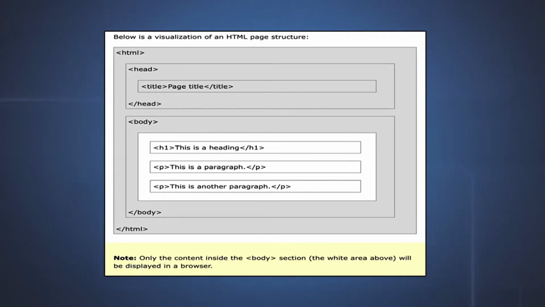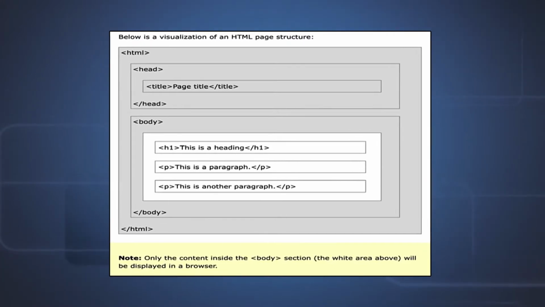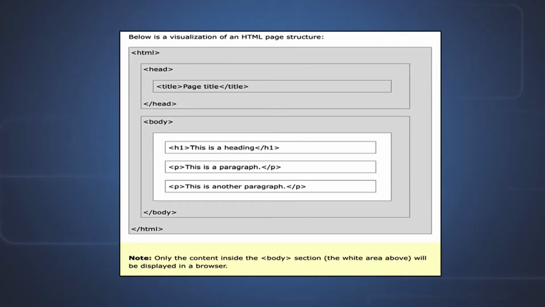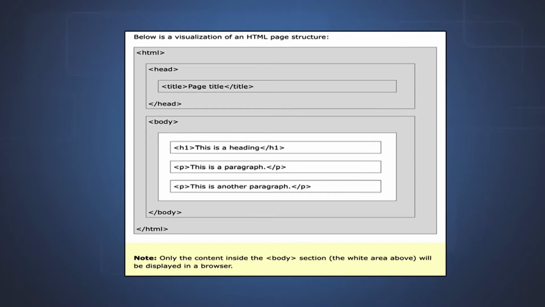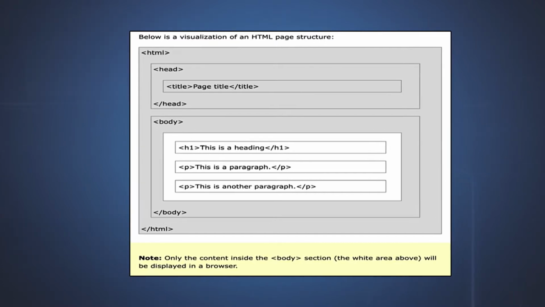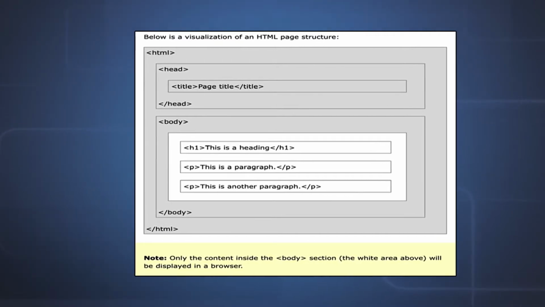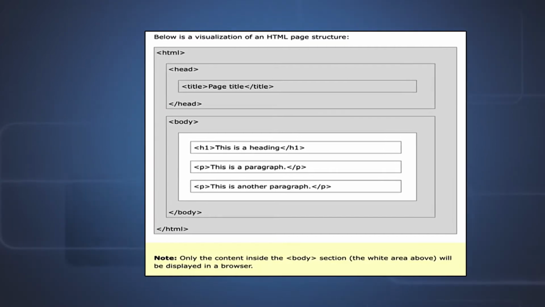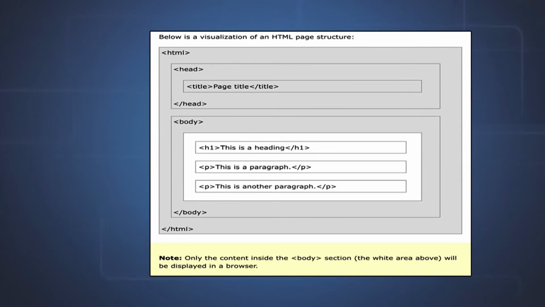So, the basic tags that will be part of a basic HTML page are HTML, head, title and body. These are the 4 tags with which you can display a web page as an experiment. Only the content inside the body section will be displayed in a browser.